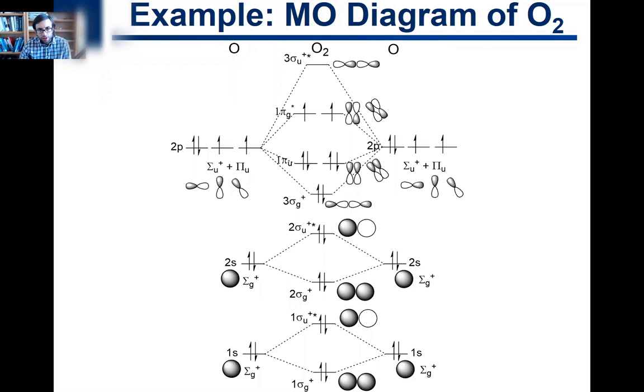So in the last video, we were able to derive this molecular orbital diagram for diatomic oxygen. And remember how we did that? We had the different atomic orbitals of oxygen. Of course, first we got the point group, which is D infinity h. And then we combined